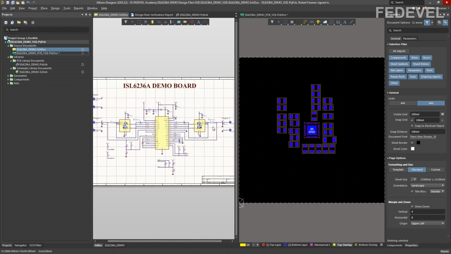Rest of the components we are going to place on the top side of our PCB.